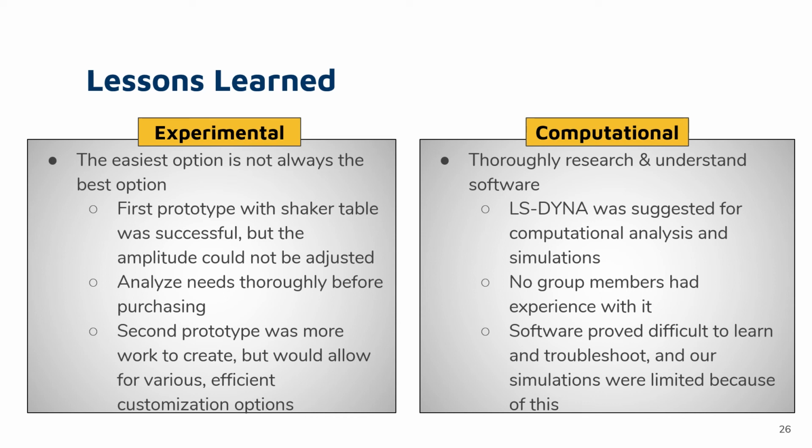For our first prototype, a linear shaker table was purchased and was used to induce motion to a small-scale tank. While this option worked and our prototype was a success, the amplitude associated with this shaker table could not be adjusted, and our second prototype, a shaker rig we began to assemble ourselves, was started. We were unable to finish this prototype, but it would have had the same benefits of the shaker table along with the ability to adjust amplitude, and this would have been less expensive than the shaker table. If we had gone with this more time-consuming prototype in the first place, we would have saved money and had